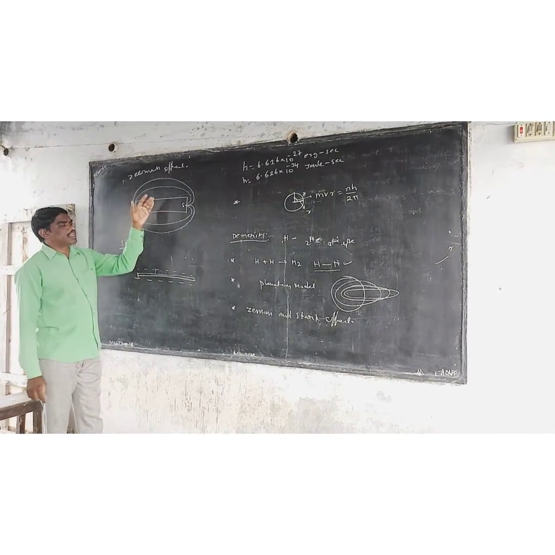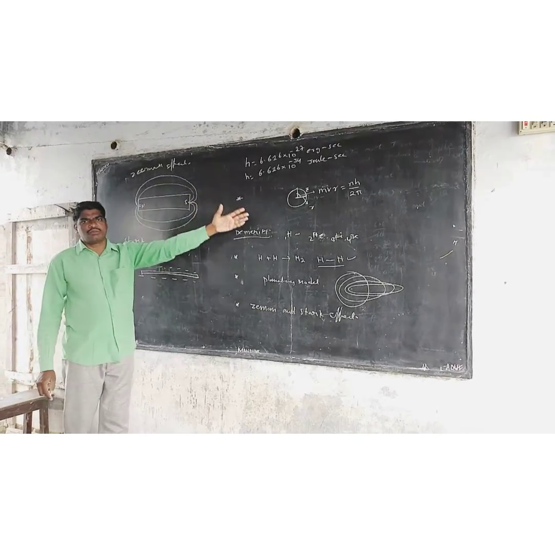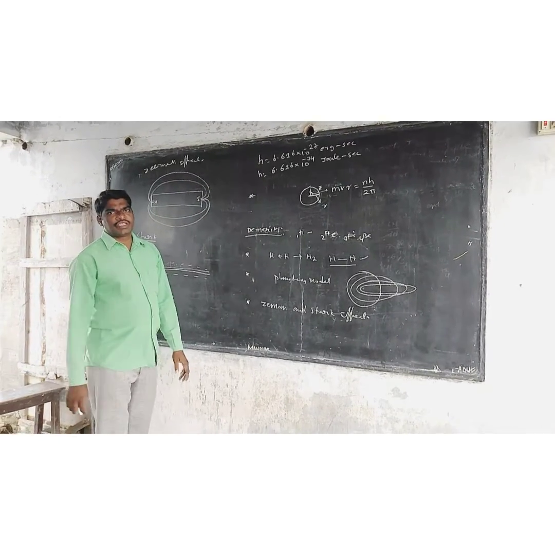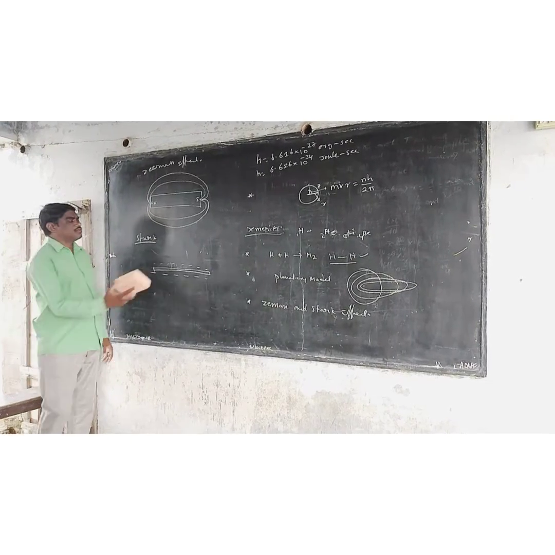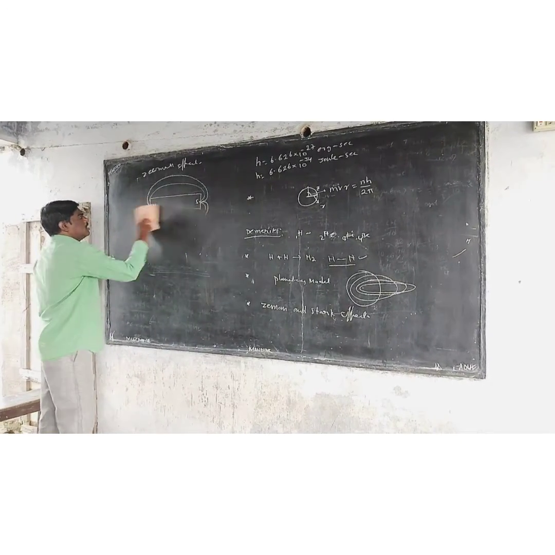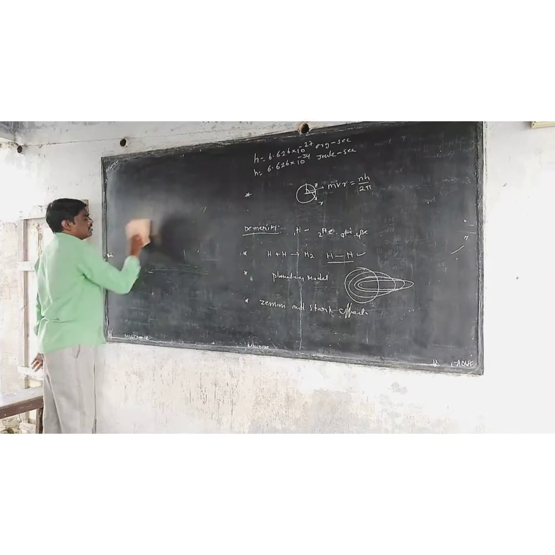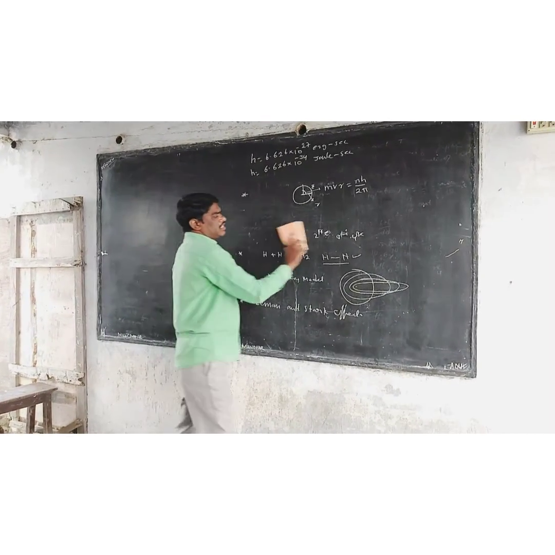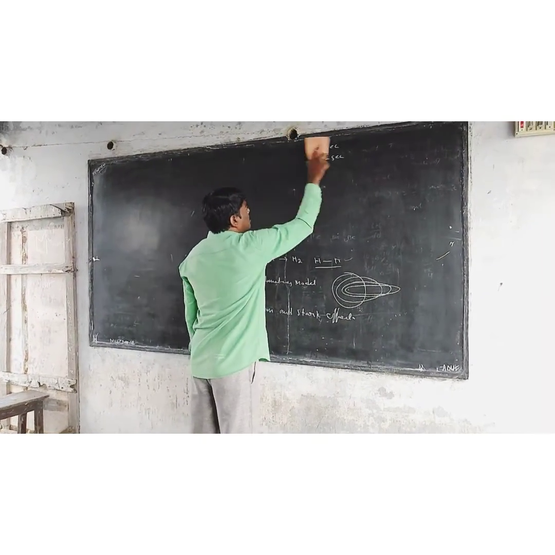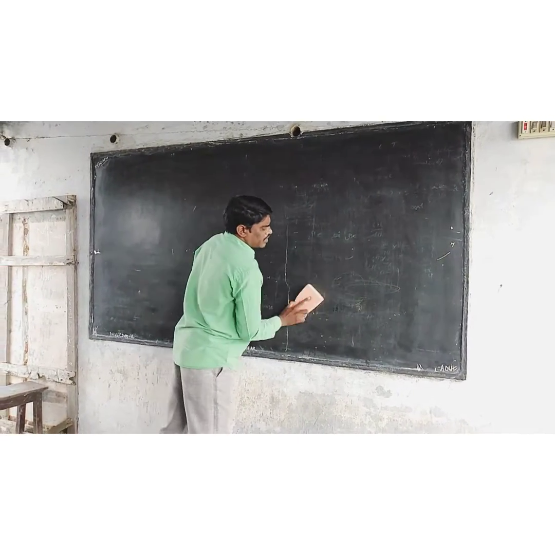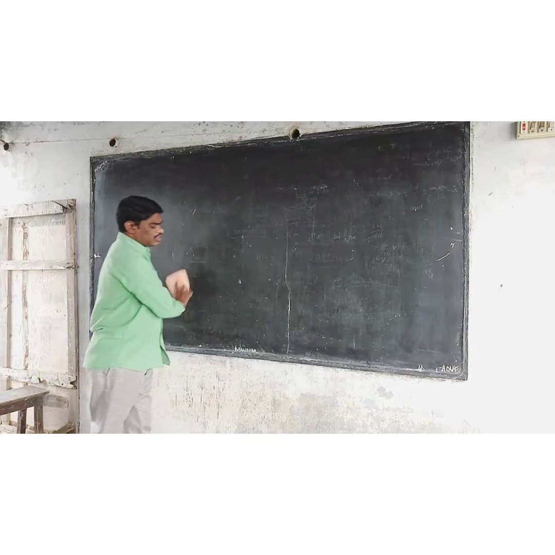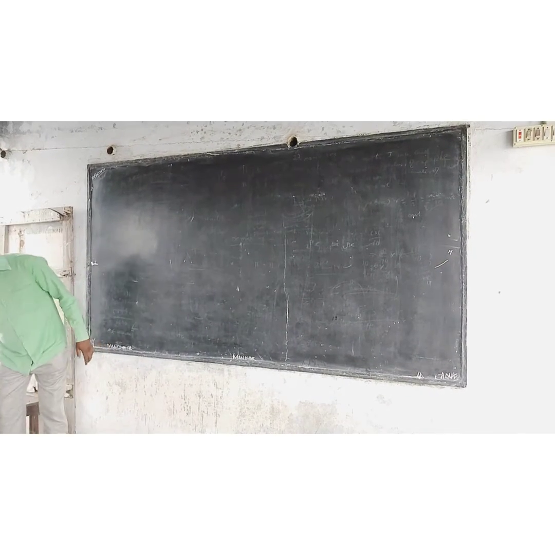These two effects cannot be explained by Bohr's atomic model; it can only explain the hydrogen spectrum. So how do we explain the hydrogen spectrum? Now, the atomic number of hydrogen is 1. The symbol of hydrogen is H, and hydrogen gas is H2. And this is the hydrogen spectrum.